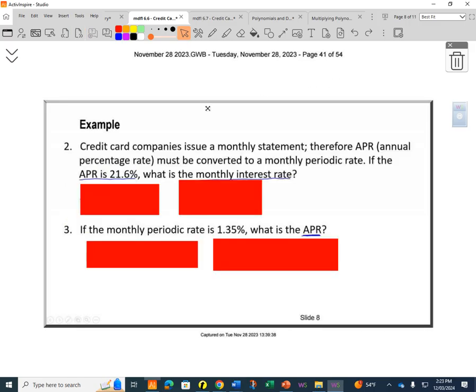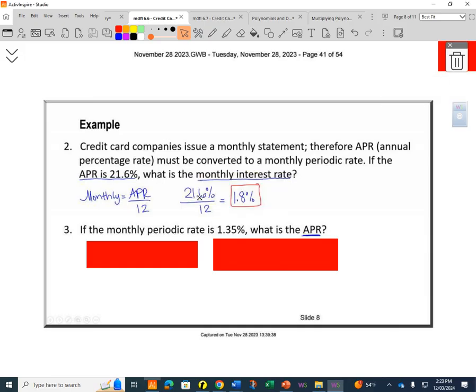A credit card company issues a monthly statement. Therefore, APR, or the annual percentage rate, must be converted to a monthly periodic rate. We've done this before. If the annual rate is 21.6%, you can find the monthly interest rate by dividing that annual interest rate by 12. There's 12 months in a year. Annual means 1 year. So in this case, if the annual percentage rate is 21.6, you divide it by the number of months, and it's a 1.8%